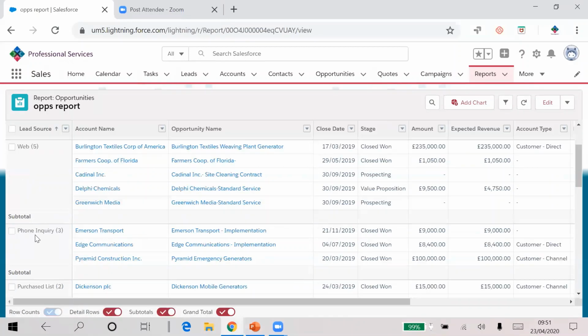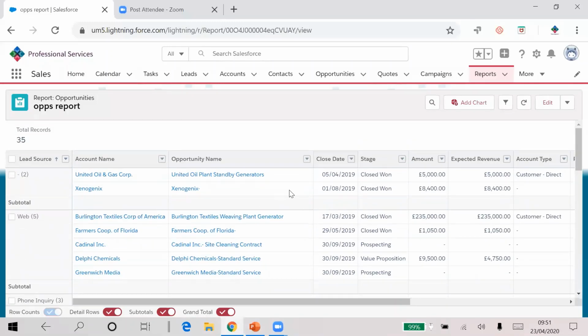So we've got all of our web ones, all of our inquiry ones, etc., etc. As we have now grouped, it opens up this add to chart button up the top. So the reason you can't add to chart when it's your basic information before you grouped anything is because you're not telling Salesforce what you want to see on your chart. So all it can show you is a table